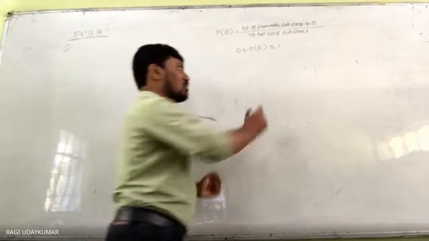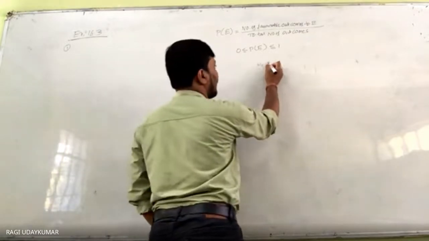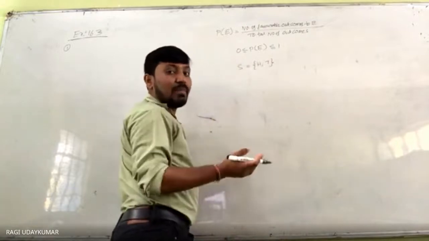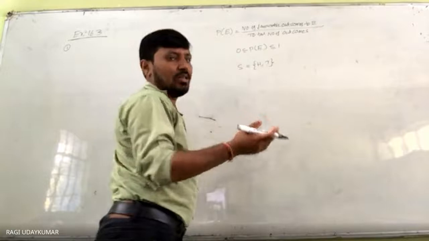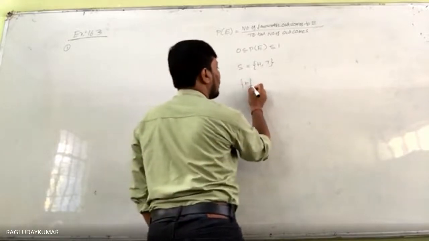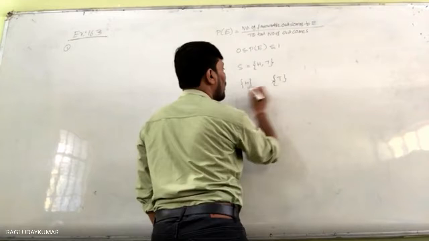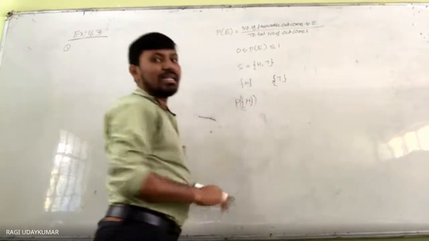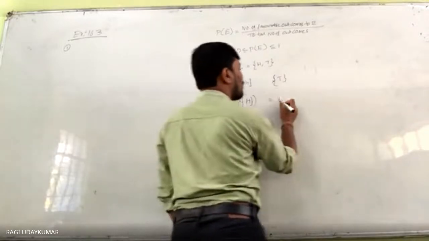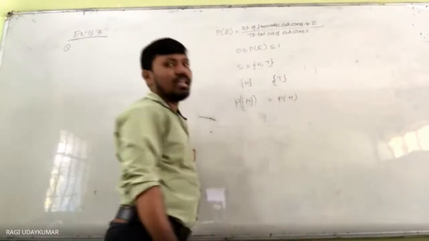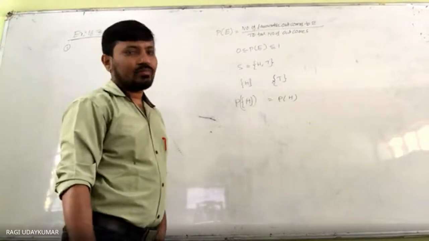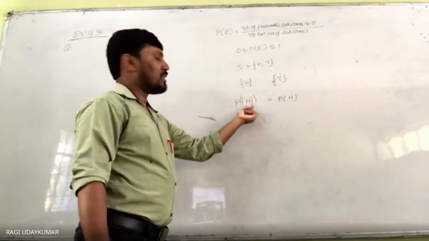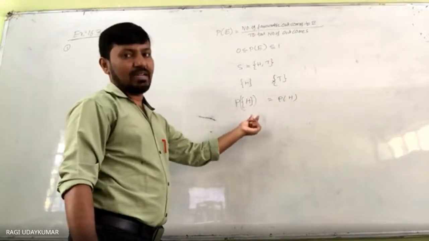Normally, whenever you toss a coin, head and tail will be the sample space. And what are the simple events? A simple event is nothing but a singleton set. Usually the simple event is this one, and the other simple event is this one. The probability of this event we would normally write in full, but in short form we can write it as probability of H. For our convenience, we write it like this. This is also one event, a singleton set, and we call it a simple event.